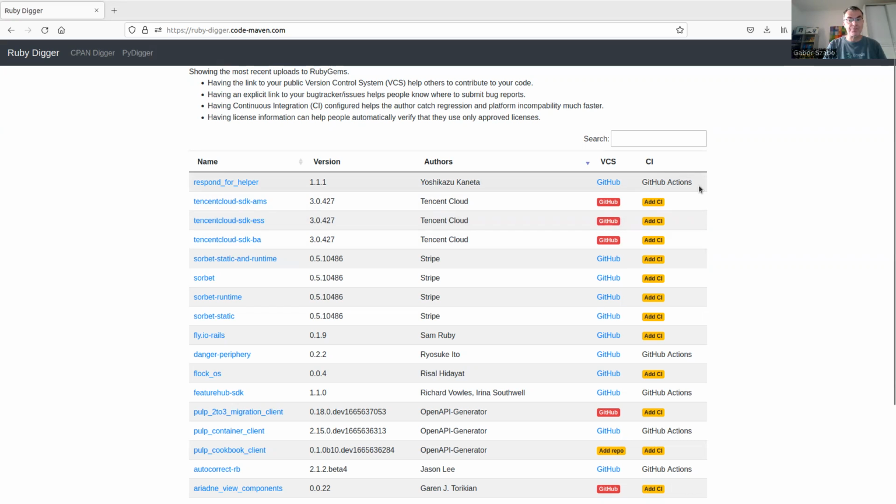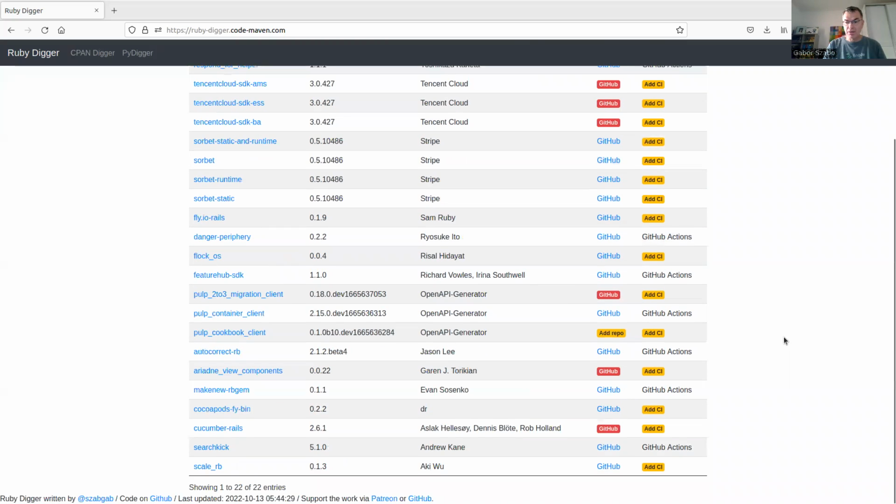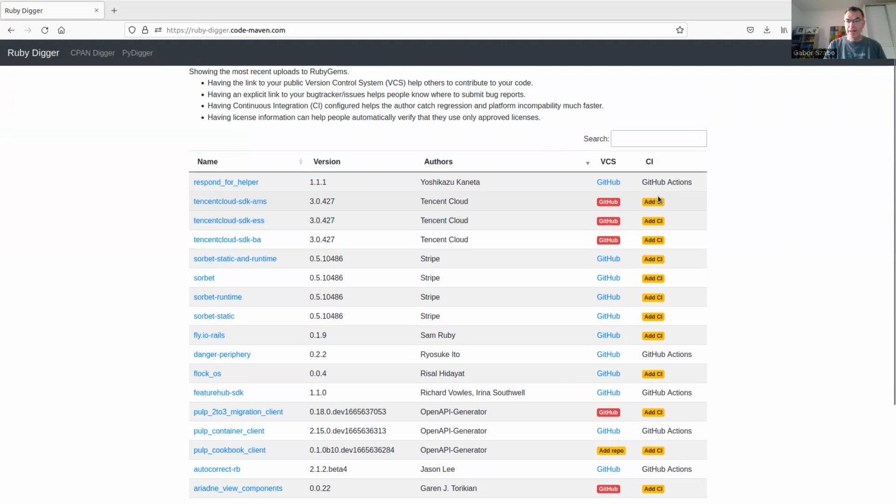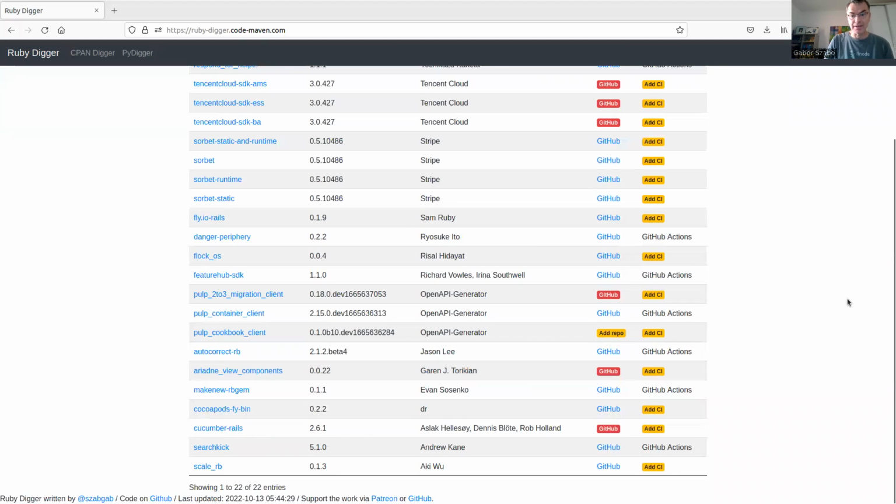The ones that have some kind of CI, so this has GitHub Actions, some might have Circle CI and so on. And these ones are missing the CI system. And so the ones where you already have GitHub and are missing the CI are the ones that are probably easy to implement. So here is the one that I tried with. This is the Scale RB. So what I did is click on the GitHub link,